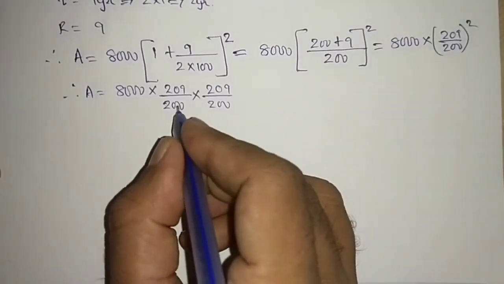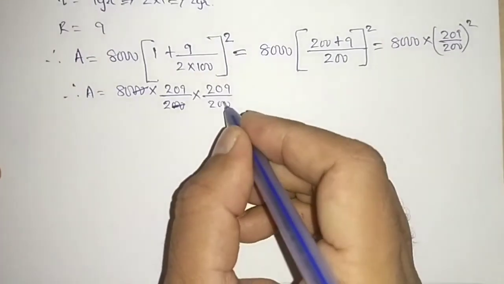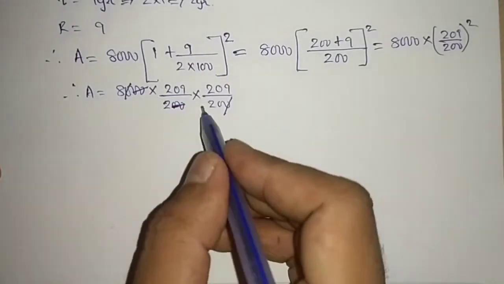Students, here 2 zeros from here will cancel out with 8,000 and 1 zero from here will cancel out with 80, that is 0. Now